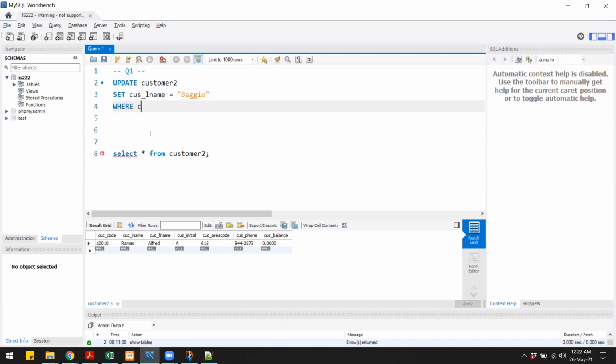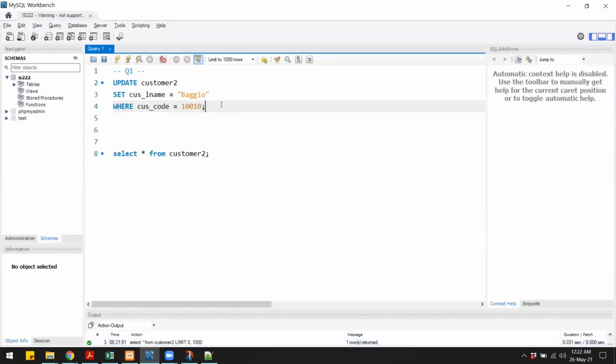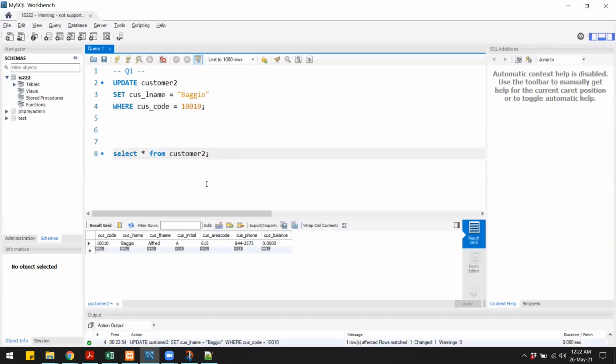So where the customer code is 778, but since we don't have 778, then we'll use this 10010 instead. So notice right now the surname is Ramas, and if I run this query and then select the data from the table once again, you will see that the last name has been changed to Begio.